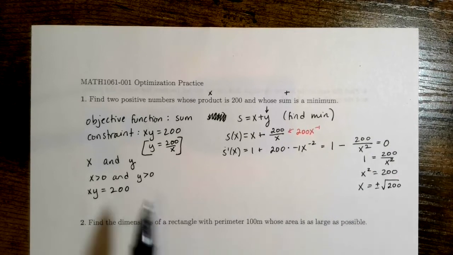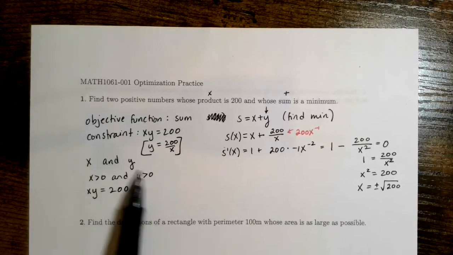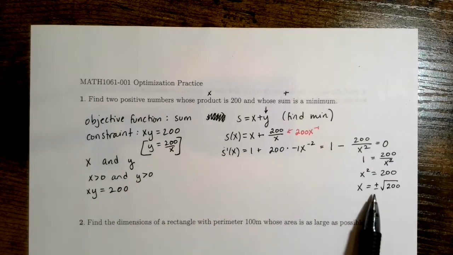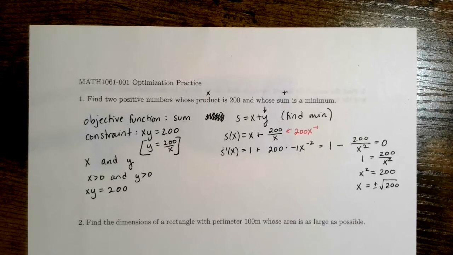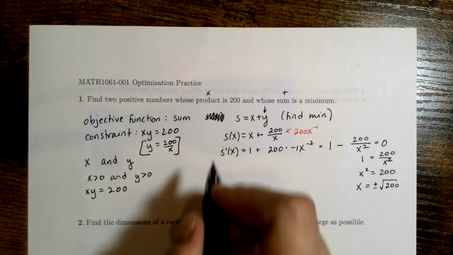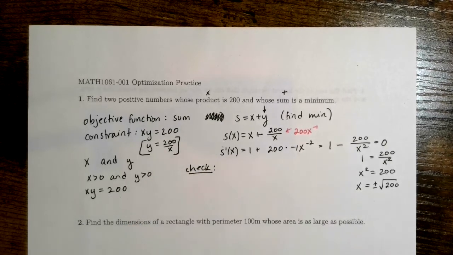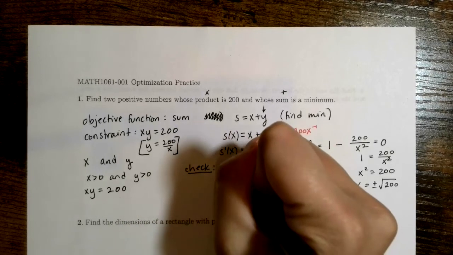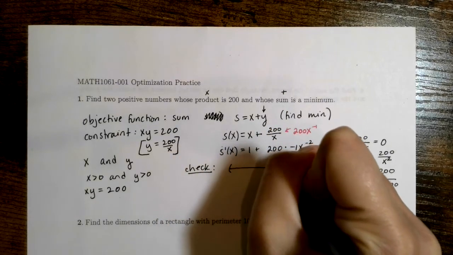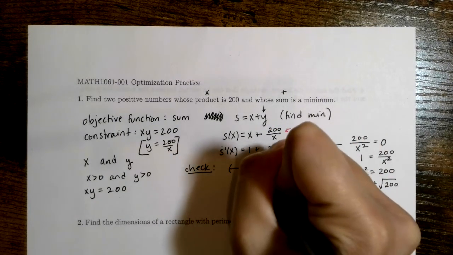And I'm also going to notice that because we said in the beginning that the numbers had to be positive, we're going to toss the negative square root of 200 and just focus on the positive root of 200. It's probably our answer, but if we stop here, we have an incomplete solution. We want to test it. So I'll label this as the check. And I don't mean check as like an extra check answer, this literally has to be part of the problem. Right, so I'm going to set up a number line here for s prime, and I'm going to mark